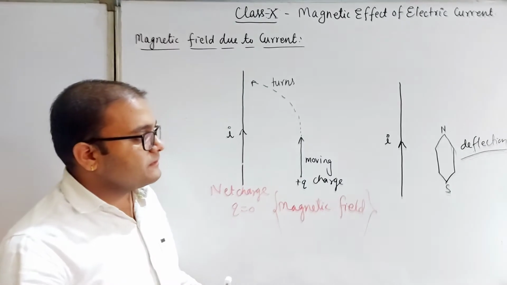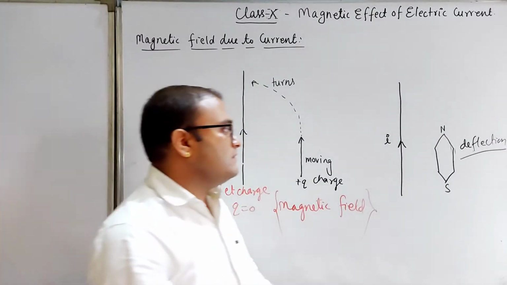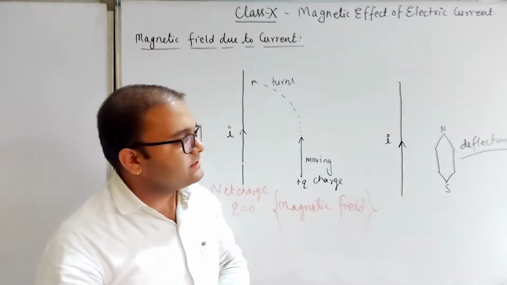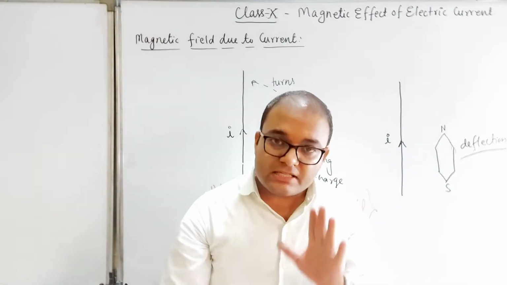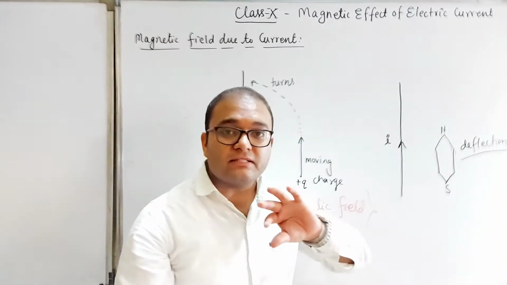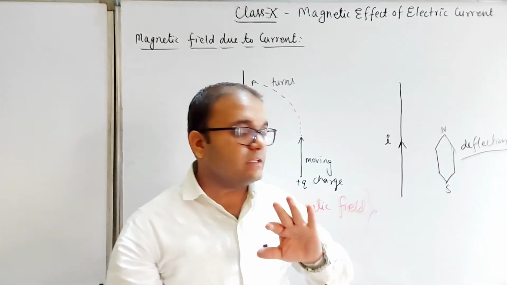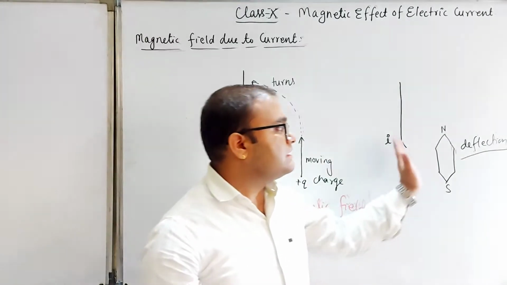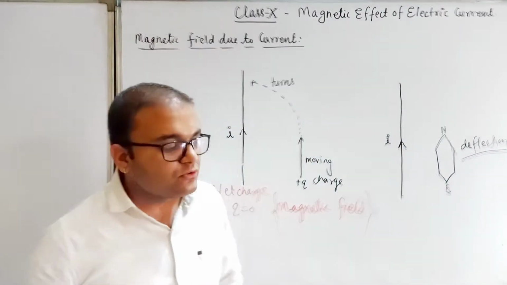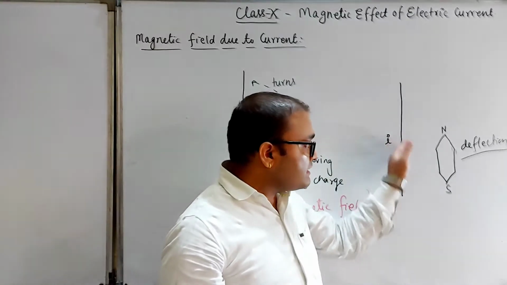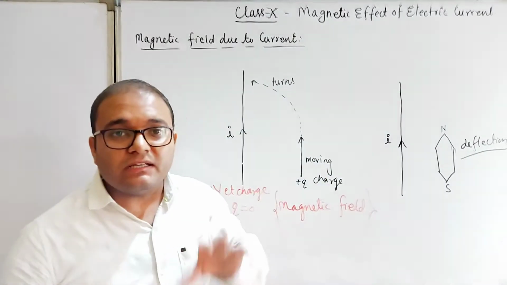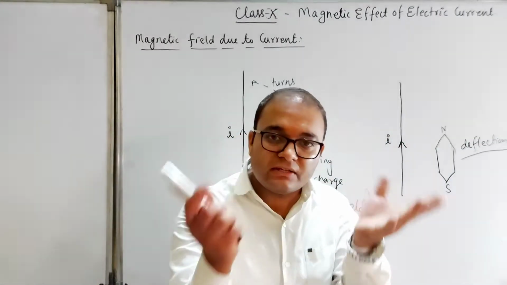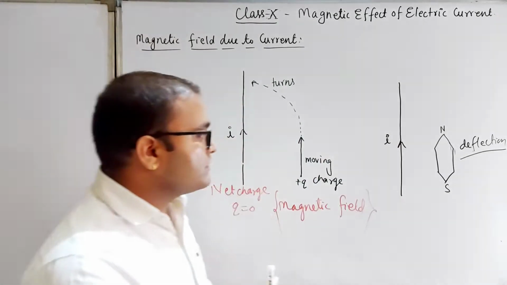So if we place a compass needle close to the current carrying wire, then there is a deflection in the compass needle. It means some magnetic field is there, but in this region there is no proper magnet, still there is a deflection in the compass needle. So we can say that the current carrying wire produces a magnetic field. The main topic is that the current carrying wire produces a magnetic field around it. Henry Oersted saw this.